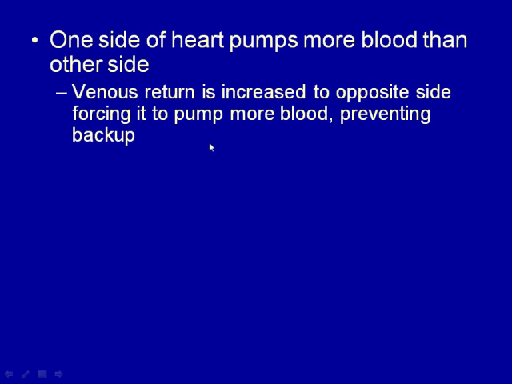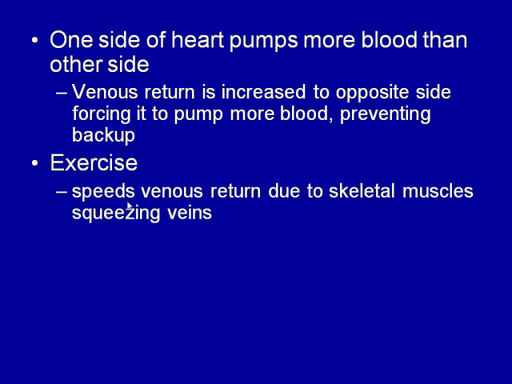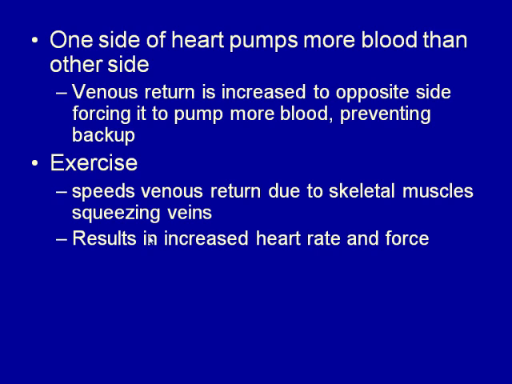So if you're exercising, for example, and you've got venous return coming back to the right side of the heart because of skeletal muscle activity, squeezing the veins and returning more blood to the heart, then you're going to have an increased heart rate and force, and you'll be sending more blood through the lungs to the left side of the heart, and the left side of the heart will also increase its force and rate to keep up with the right side, and you'll send more of that oxygenated blood to the muscles. So it's a pretty neat system there where you start to exercise, automatically the cardiovascular system is going to respond